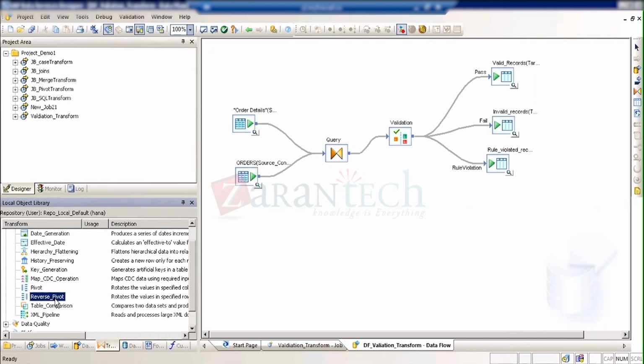Yeah. So reverse pivot, how to do that reverse pivot, how to rotate the rows into columns and columns into rows. And also we have something like hierarchy flattening, right? We have something like a parent and child relationship. When I say parent and child relationship, you can think of a bill of material explosion, right? You might have worked in your career with the explosion of the BOM or cost element group. These are all the different kinds of parent and child relationships we have,